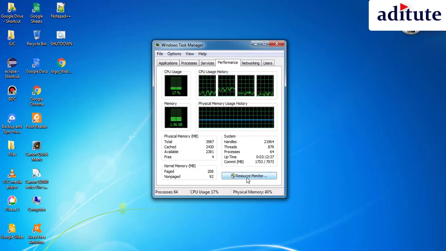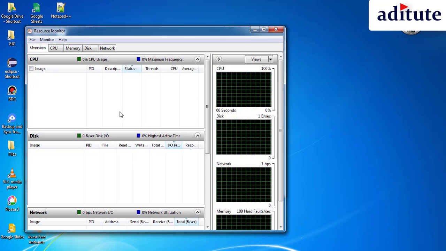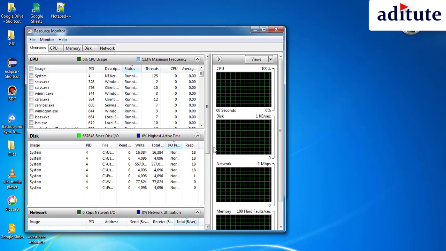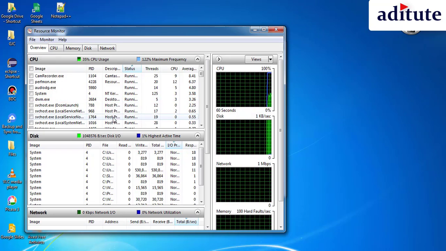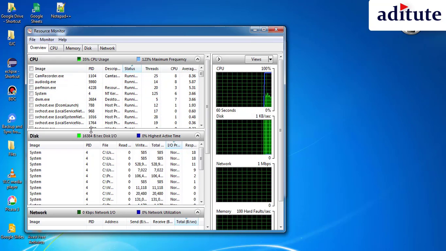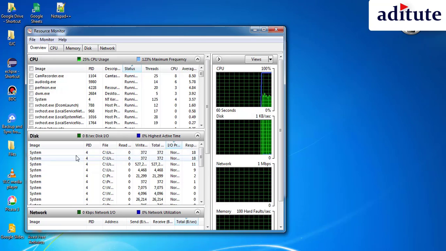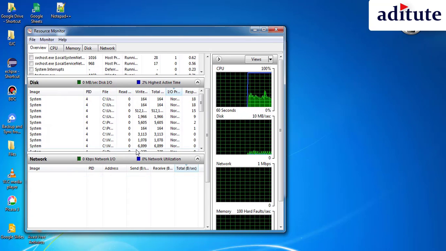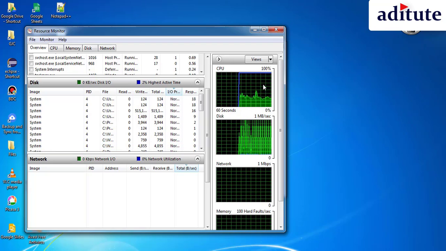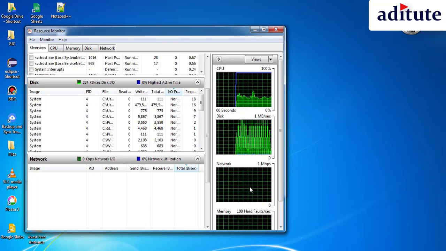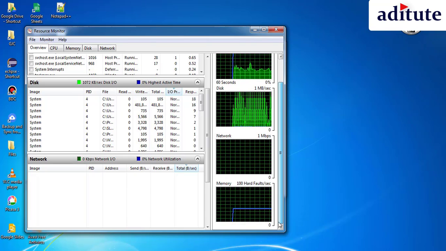Now you can see more about the processes from the resource monitor, or you can see about the CPU and the disk and network and the RAM usage history from here. So these are the processes which are running in the CPU, and you can get the process ID and what processes are running. And you can also see which particular file is getting used for that particular process. You can check that from here, and you can see the CPU utilization, disk utilization, network utilization, and memory utilization